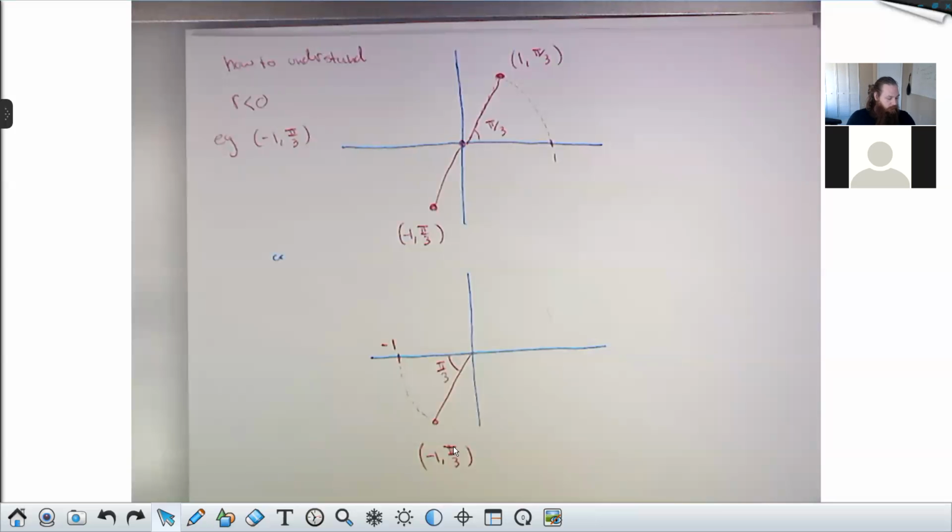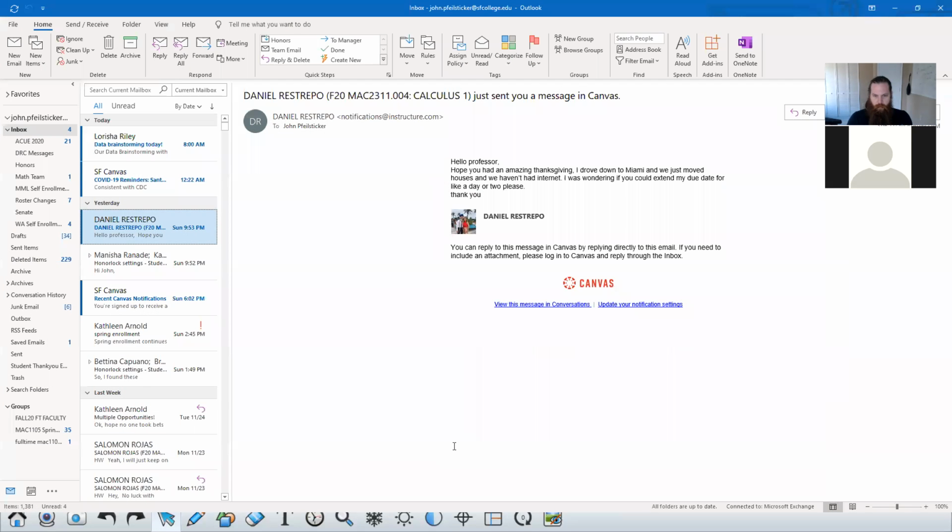Okay. All right, so the next thing I'd like to talk about then is plotting functions in this polar coordinate